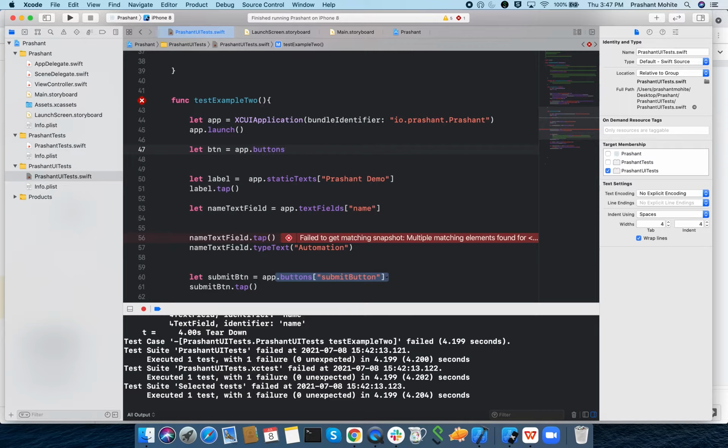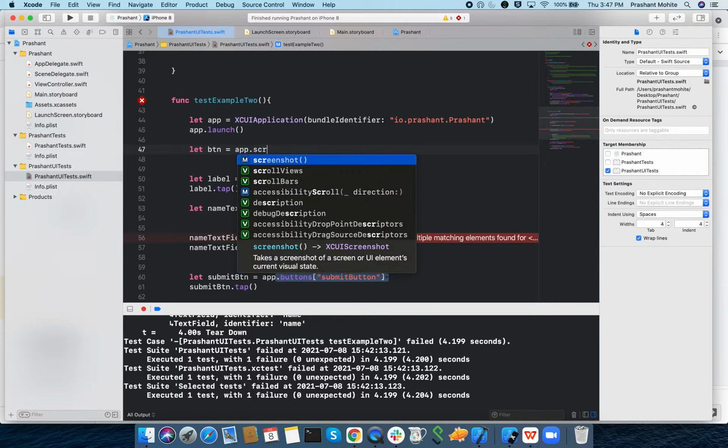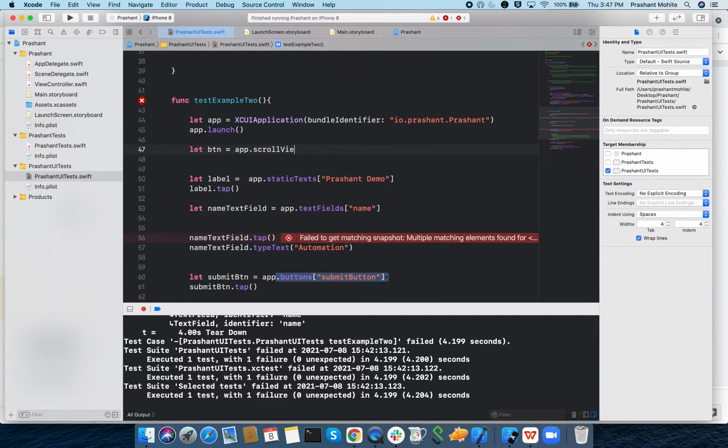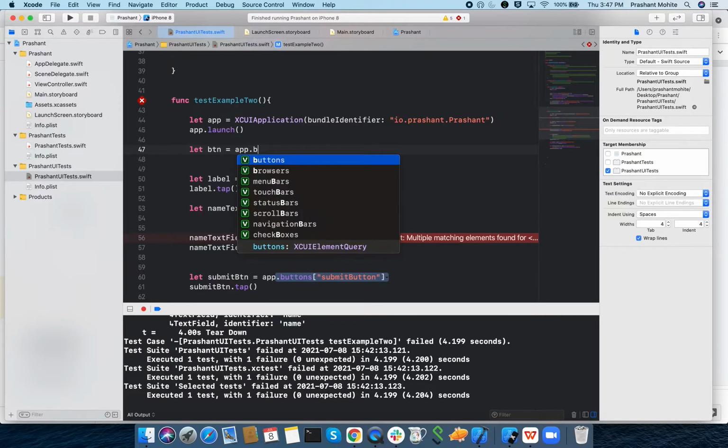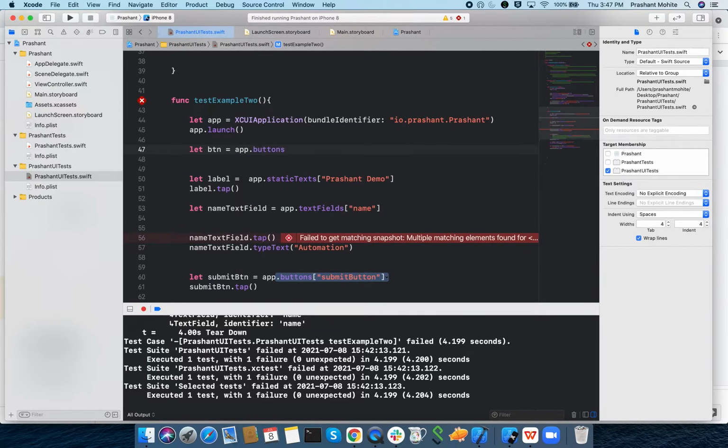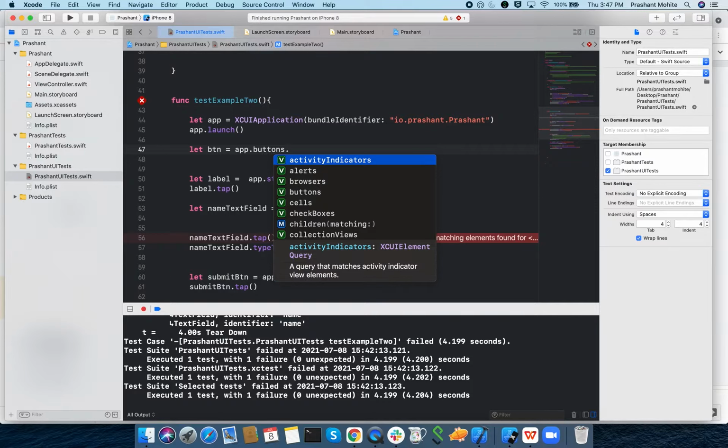Sorry, app dot scroll view, it's inside the scroll views, right? So I'll put just scroll views. If I say buttons, we'll see this also, it will find all the buttons inside, say, the descendant.